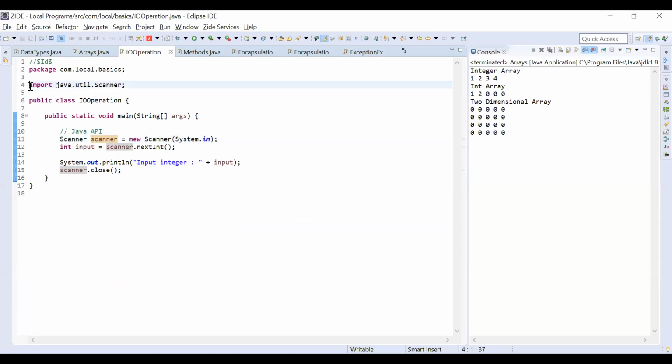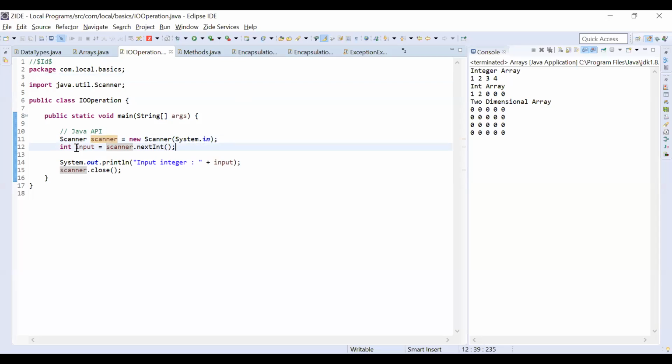Actually, these import statements are used to import a particular type or package from the jar files that we make use of in Java. Jars are nothing but a bundle of code used to simplify the operations that we are going to perform, or the program that we are going to write. Here, Scanner is a util class which we make use of to read different values from the console.